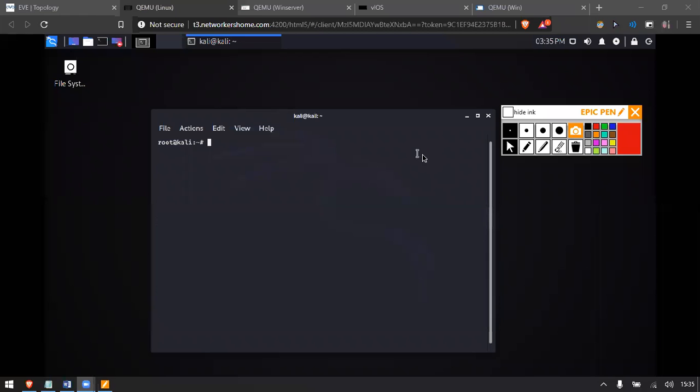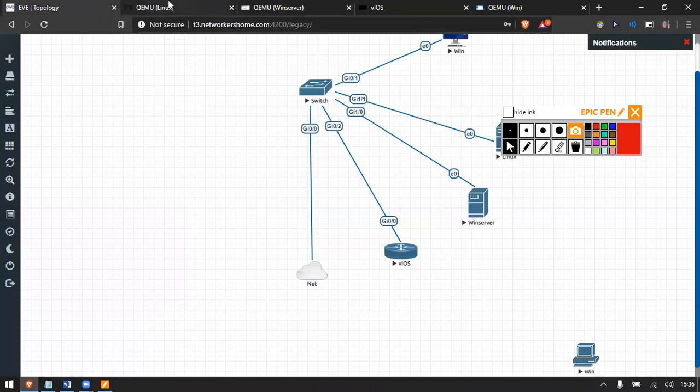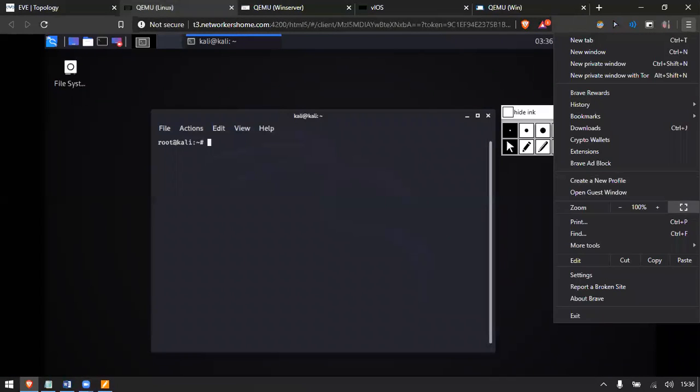Hello, we are back, and let me go to my Windows server. As you can see, I have enabled an LDAP server here. It's very easy. You have to go to Manage, Add Roles and Features, then click on LDAP server and install it. You have to name whatever server you want. Just for demonstration, I showed it to you. I have enabled it.